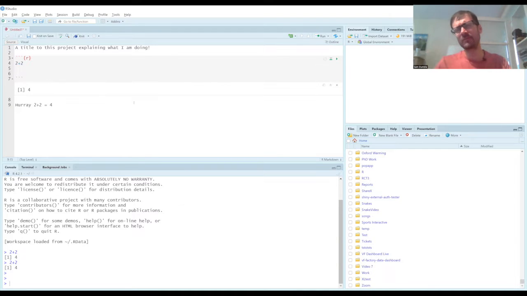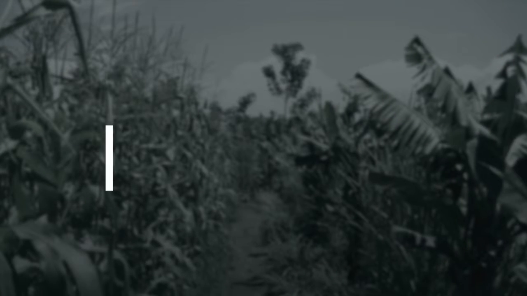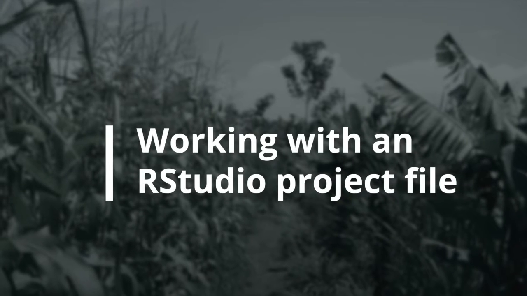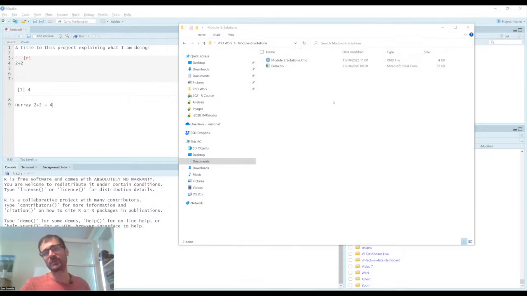So this can be done right from scratch, but now I'm going to show you how we can go through and create a project file in R and perhaps look at a slightly more full piece of analysis which has already been done. Okay, so I've pulled up this folder which contains some files that I've downloaded. This is some solutions to a ggplot exercise. And I can see I've got an RMD, so this is the format for an R Markdown file when I save it, and I've got a data set.